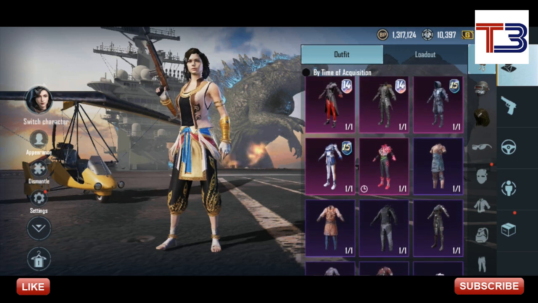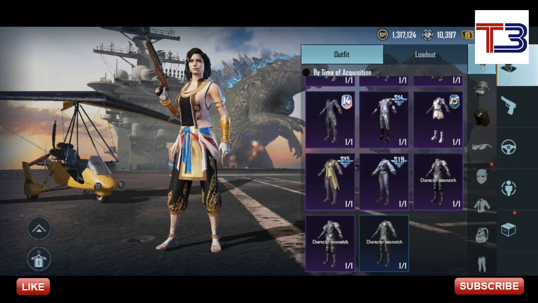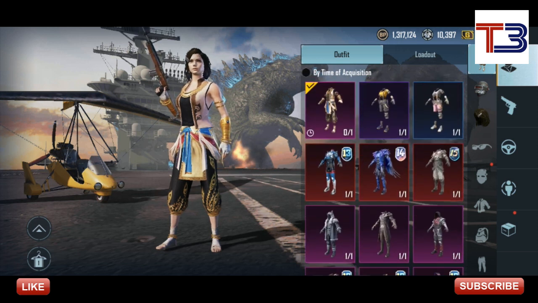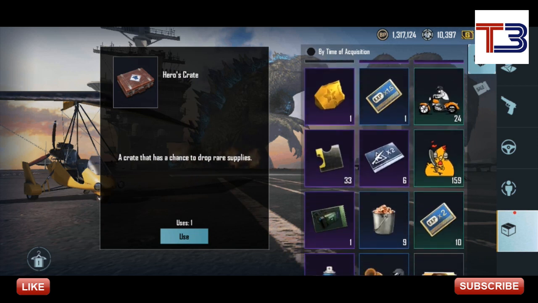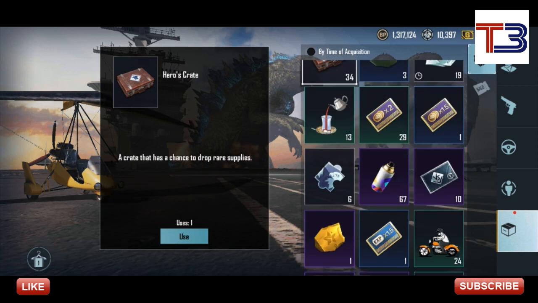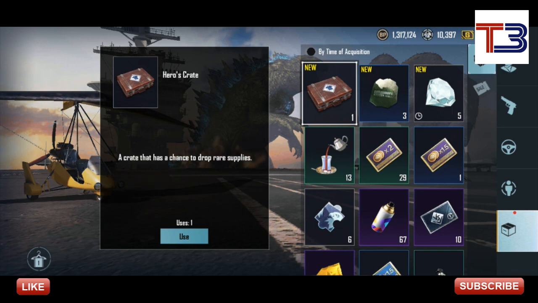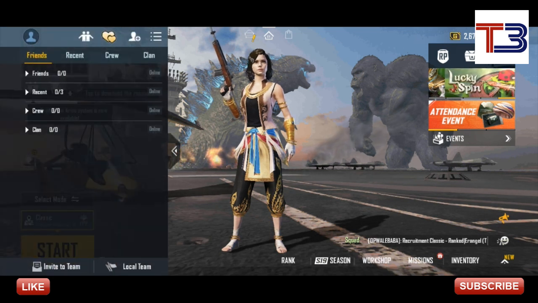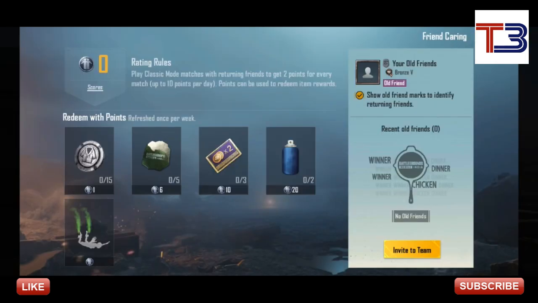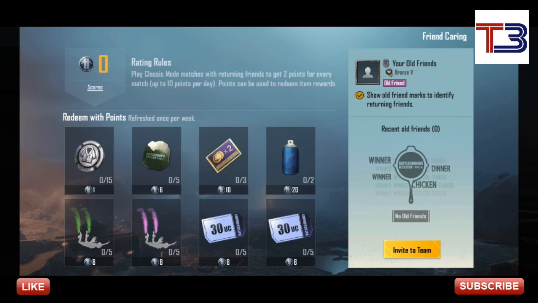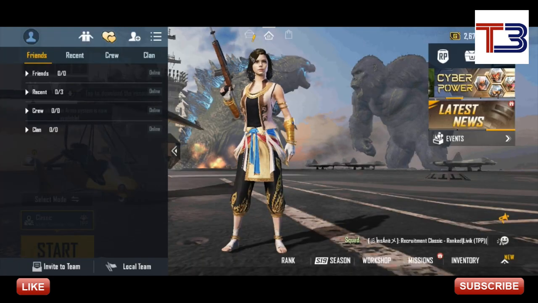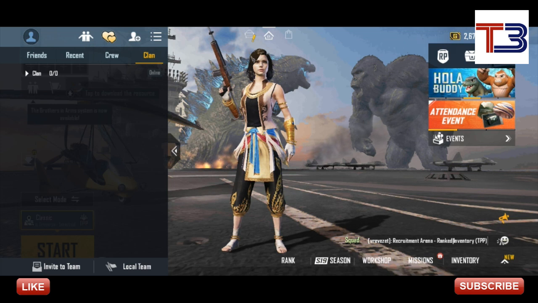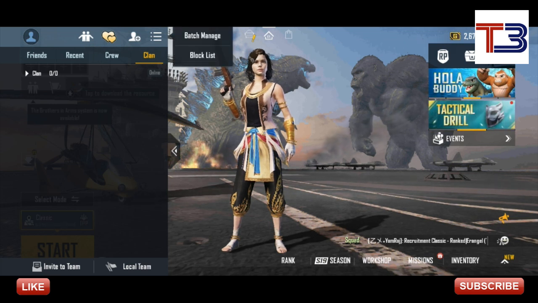As I have already done that, I'm not able to show you how I have done that, but the steps are same, and you can see that I have got all my data, like the dresses, the crates, the skins, everything I have got from the global to the India version. And the best part is I have even got my coins, my G coins, my BP coins, and even my UC coins, and that is the best part. Yes, this was the dilemma with the users, and this is the great part, right, guys? Enjoy this version.